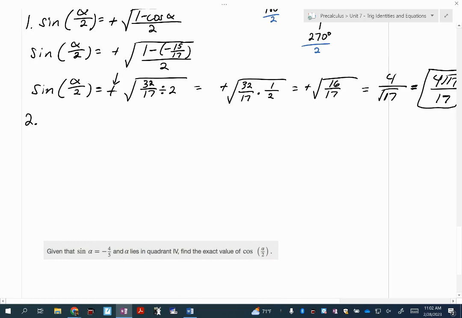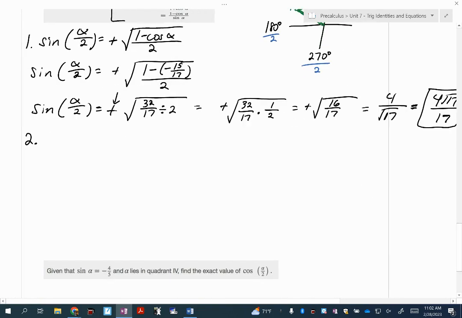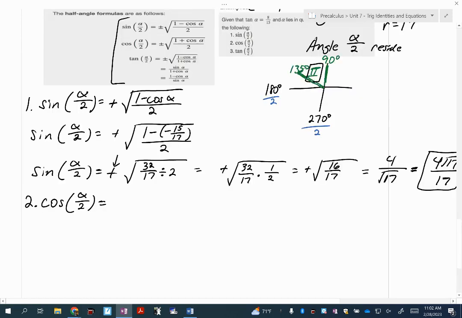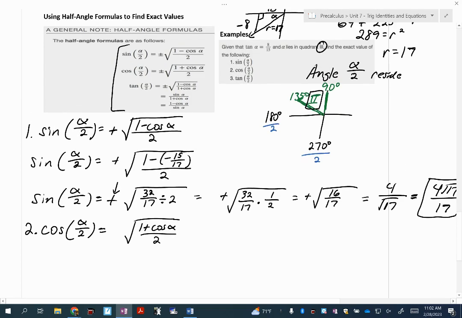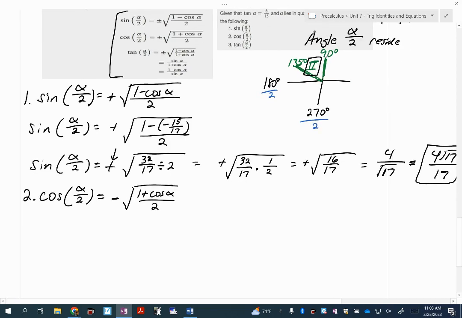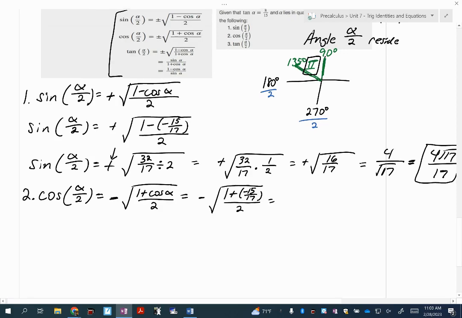Let's do 2. Cosine of half of alpha, or alpha over 2. Remember, I'm going to copy down the formula, 1 plus cosine of alpha over 2. Again, decide: we're in quadrant 2 where sine and cosecant are positive, so cosine is actually not positive. This will need to be a negative. So the opposite of 1 plus the cosine of that, which is -15/17, all over 2,